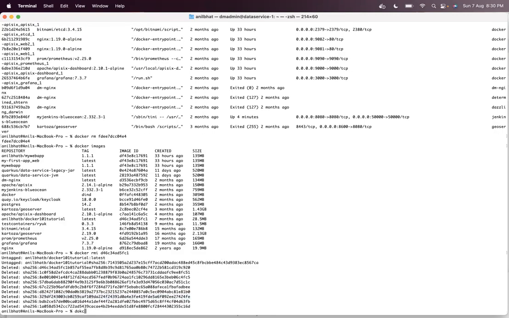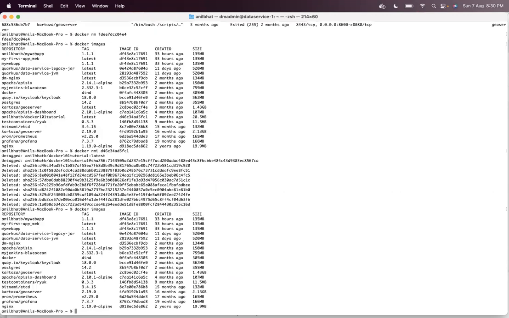Now you can check whether the image is there or not by typing docker images. Now you can see that that image is not there at all, right? So this is how you can use Docker commands to run, stop, and delete a particular image and container, right?